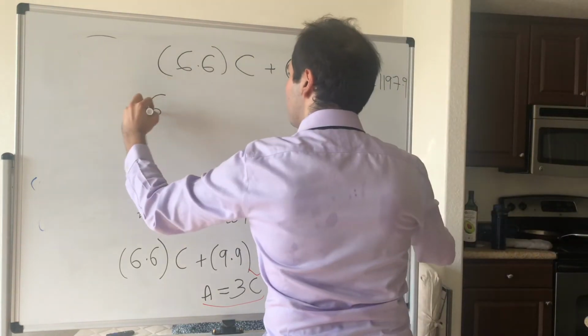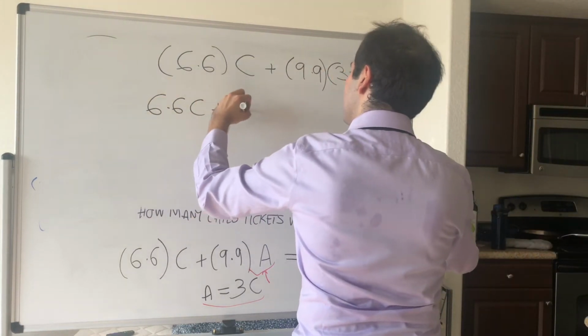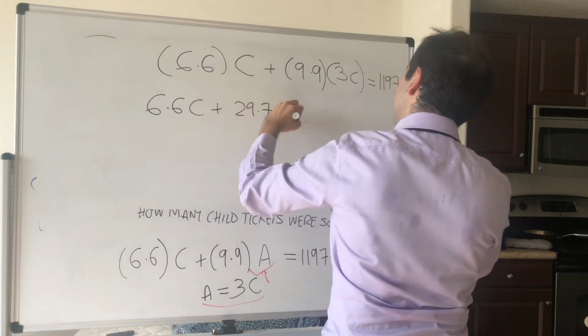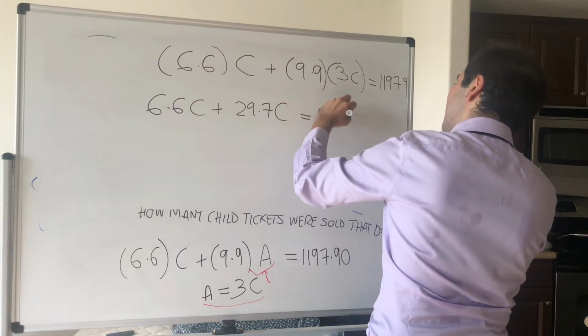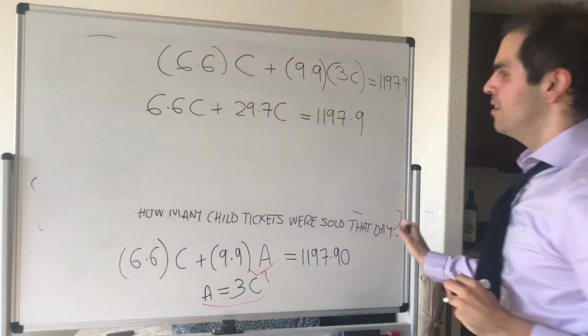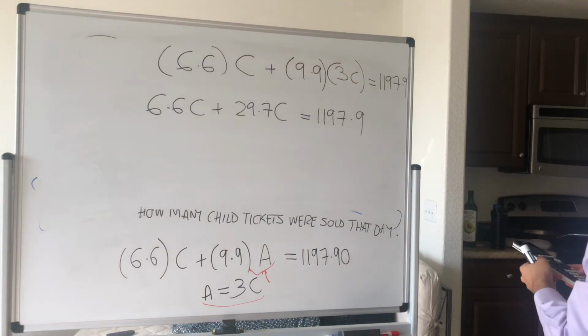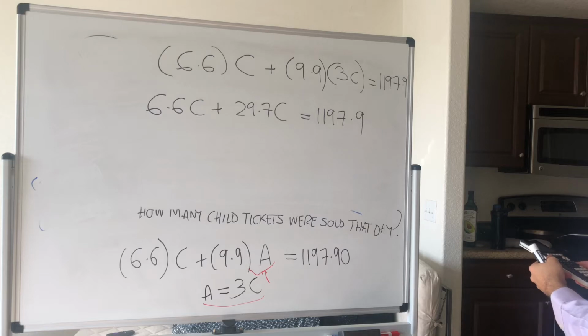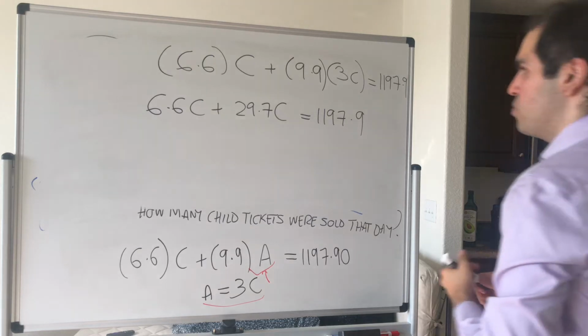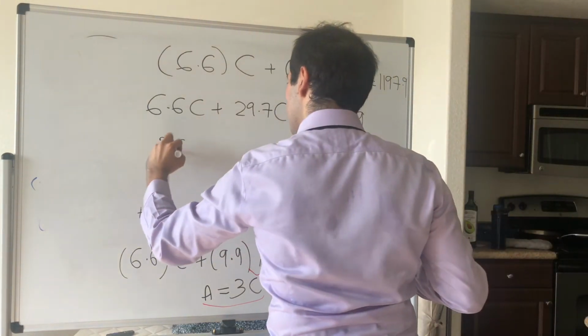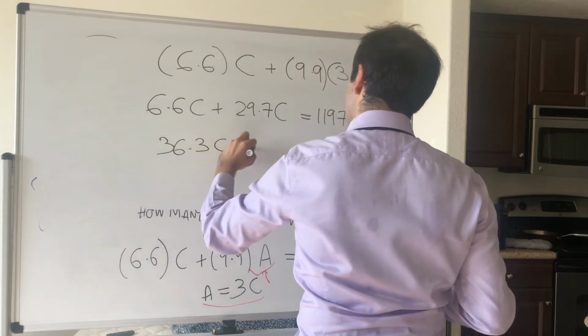So 6.6C plus 29.7C equals 1197.9. And then you can add that up. So 6.6 plus 29.7, that's 36.3. C equals